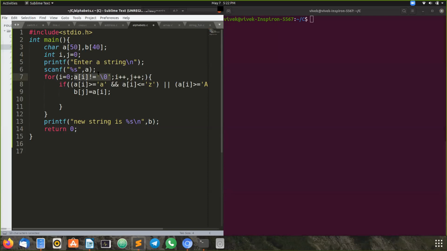We can write AND conditions or compound conditions, but it should be a single one, enclosed within parentheses. So this is called compound statements. We're trying to increment i and j values at a time.